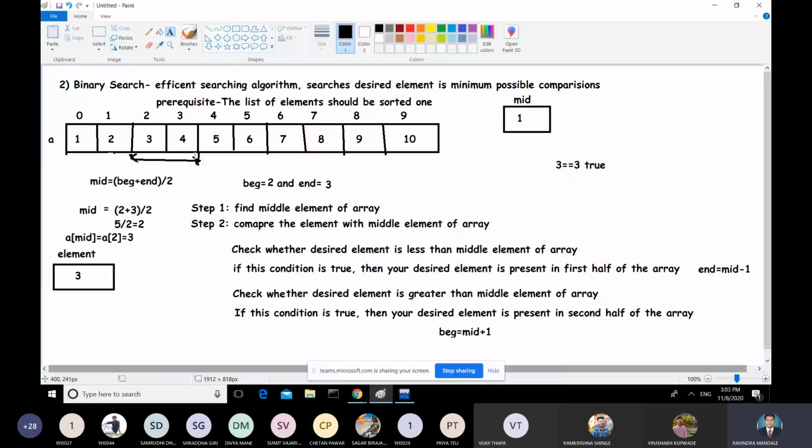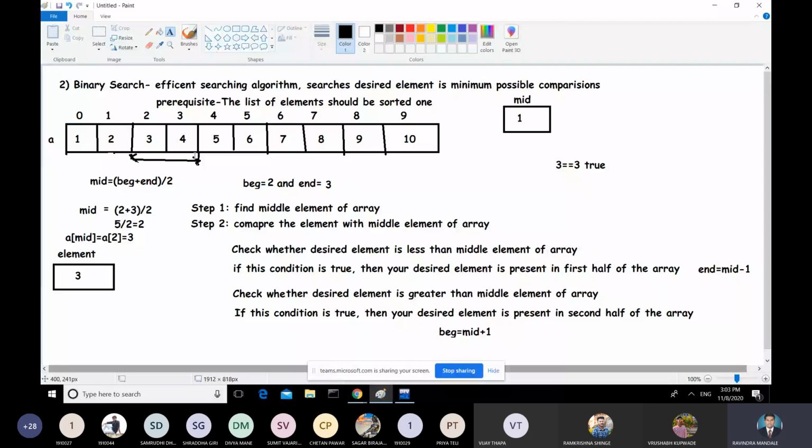So here also 4 comparisons are required. But just consider the worst case complexity. If your desired element is present at the last location, then linear search requires 10 comparisons, n comparisons. But binary search definitely needs fewer comparisons.